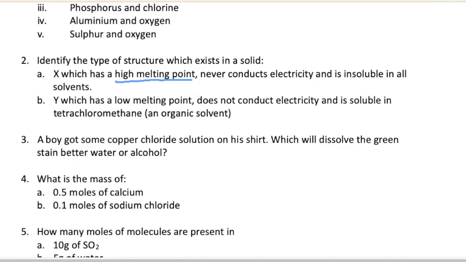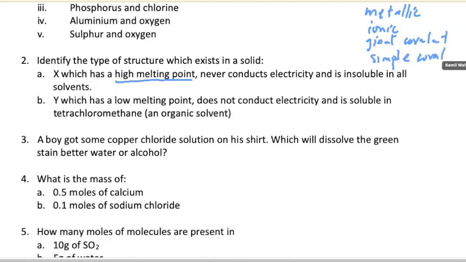We're ruling out simple covalent or simple molecular from the term high melting point. So these are the types of structure of solids that we have: metallic, ionic, giant covalent, and simple covalent. When you hear that this structure X has a high melting point, we're ruling out simple covalent,